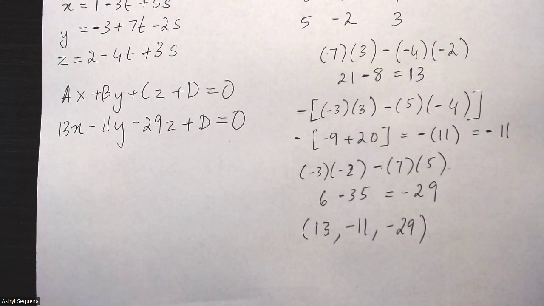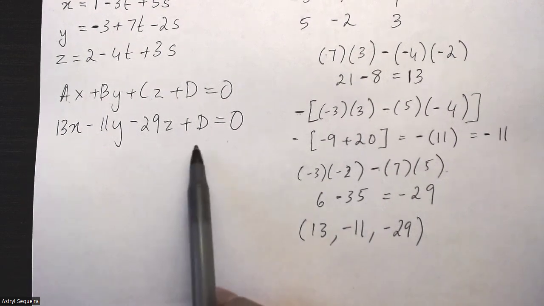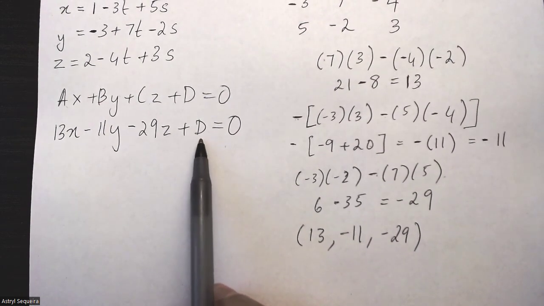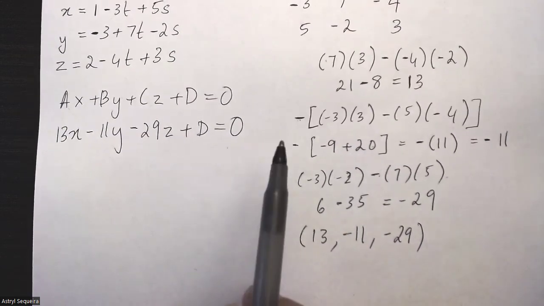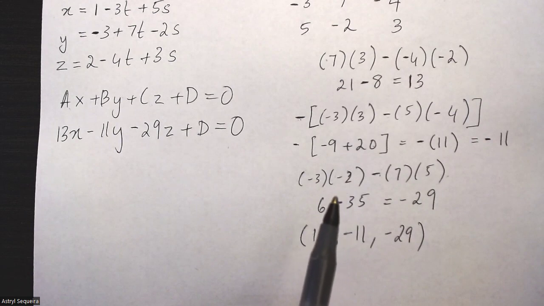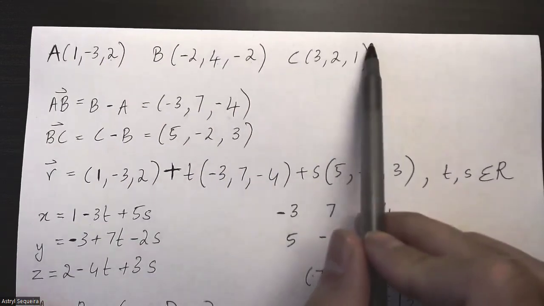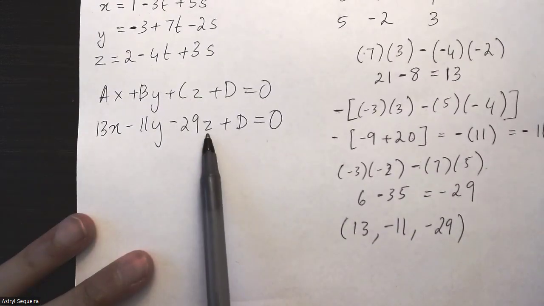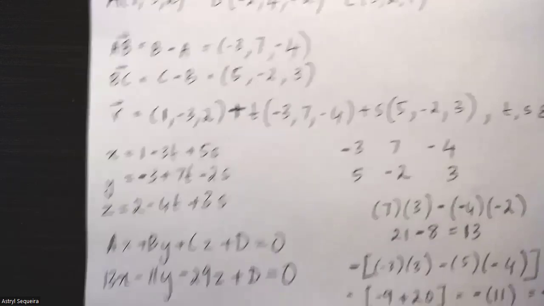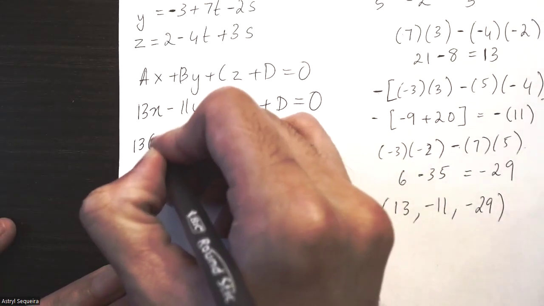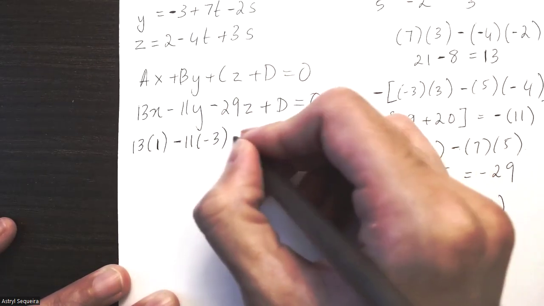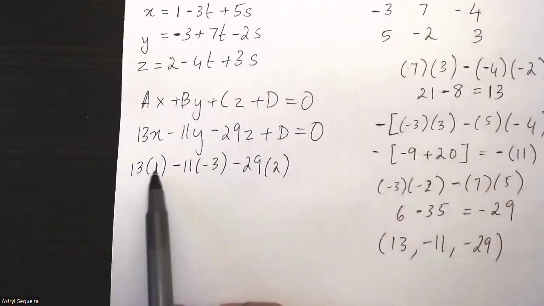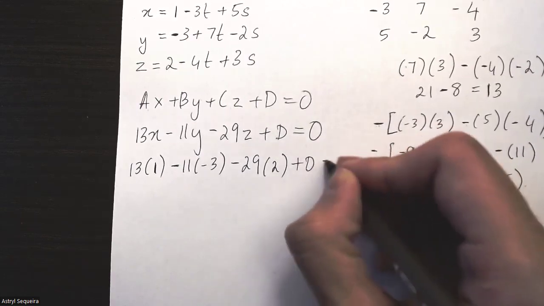Now the Cartesian equation is almost complete. The only thing missing is we need to find the value of d. In order to find the value of d, we can sub in any point on this equation, basically any one of these 3 points, any one of them for x, y, z, and solve for d. I'm just going to sub in the first one here again. Again, no real difference. If you have a point that has smaller numbers, you generally want to use that one so your calculations are easier, but pretty much same difficulty. So I just subbed in A for my x, y, z here, and now I'm going to solve for d